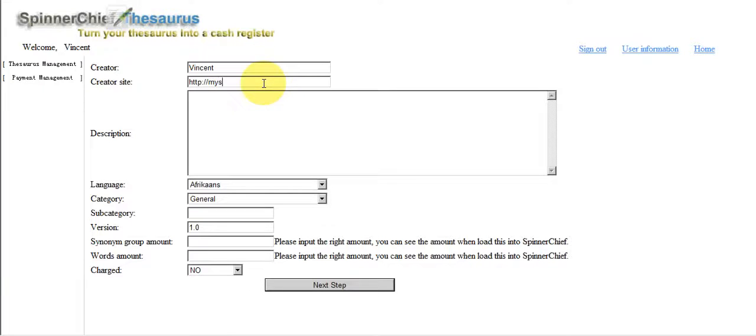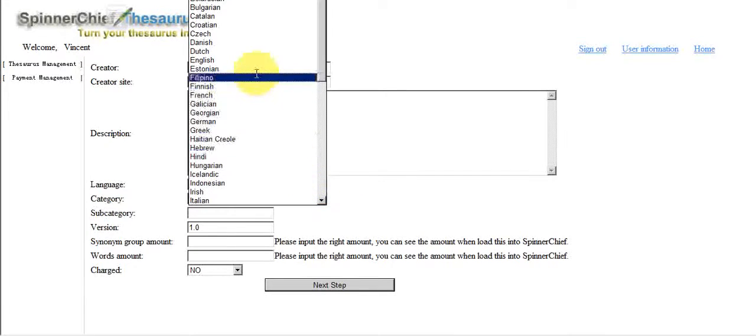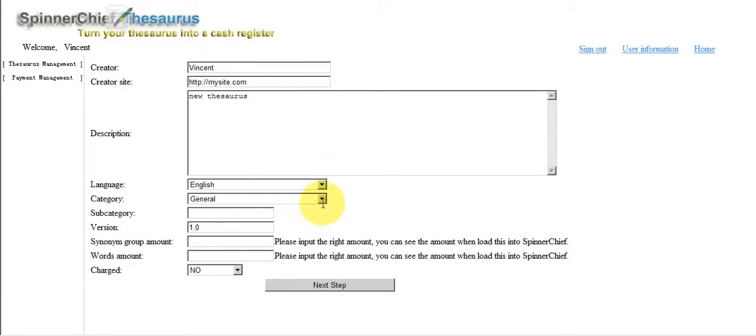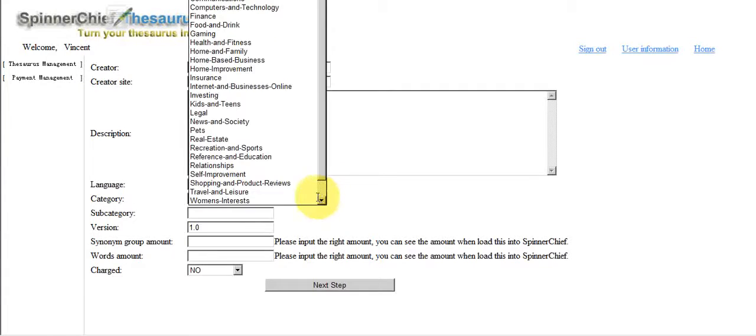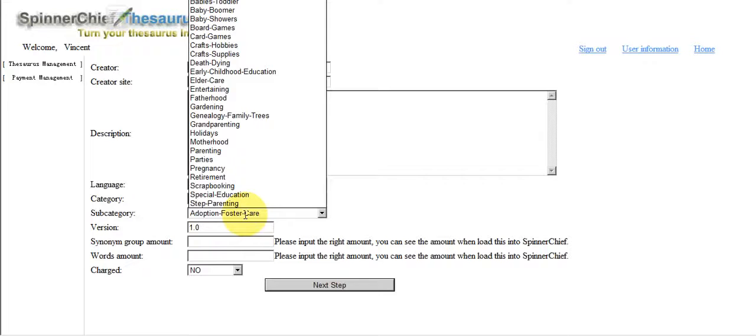So you put the site on, if you've got one. And you put the language, English. Now let's give it a category. Let's call it that.